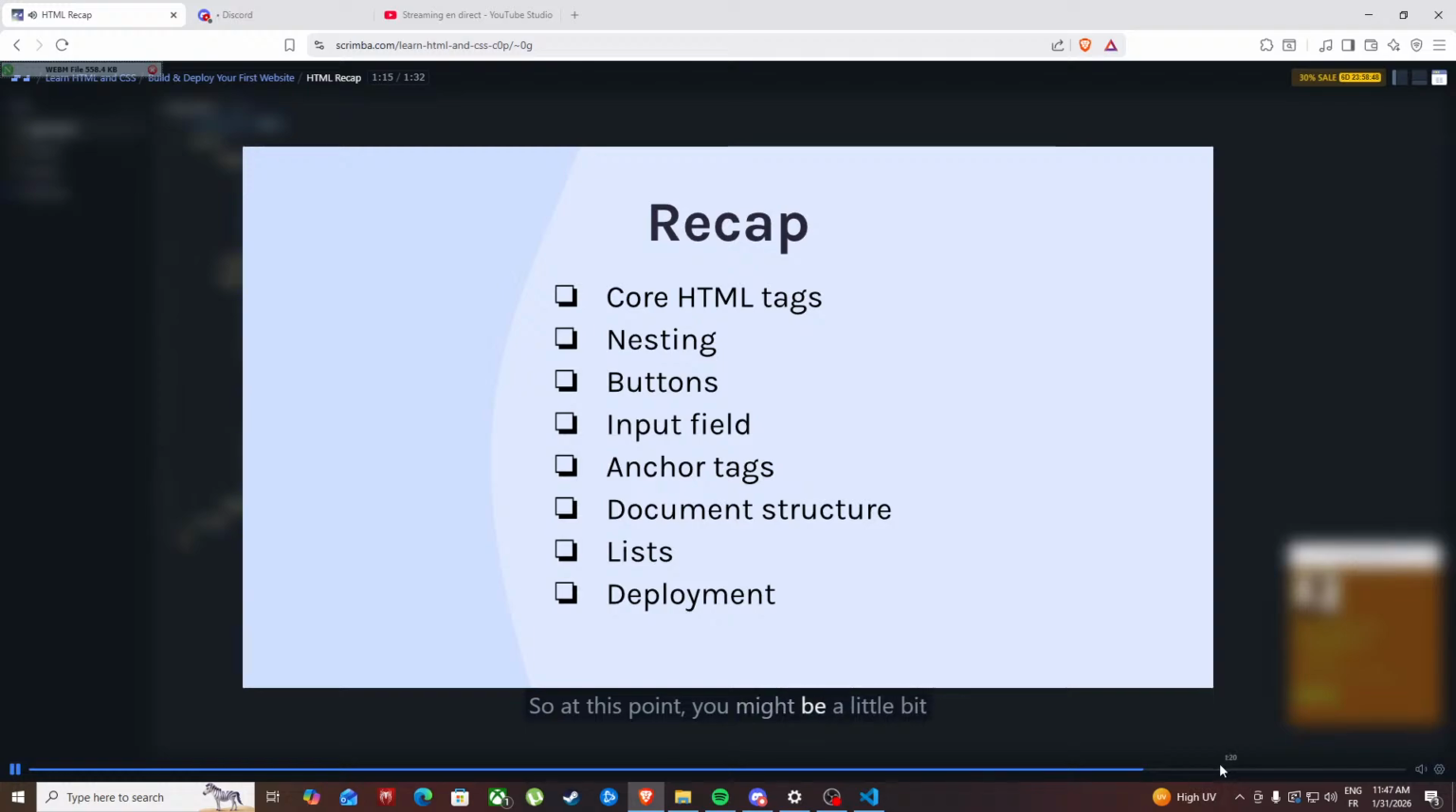So at this point, you might be a little bit overwhelmed. You are going to make our websites look good. So that is going to be